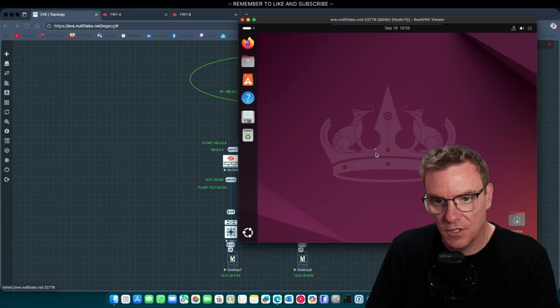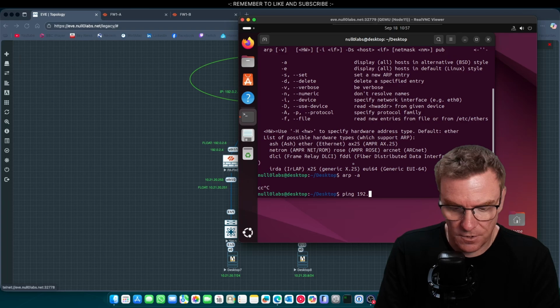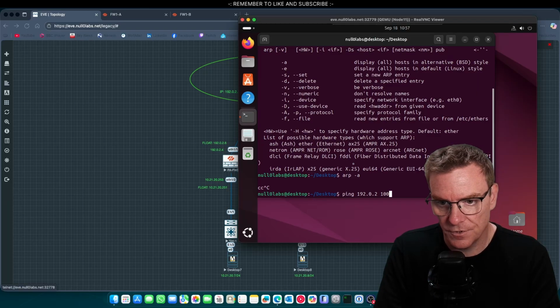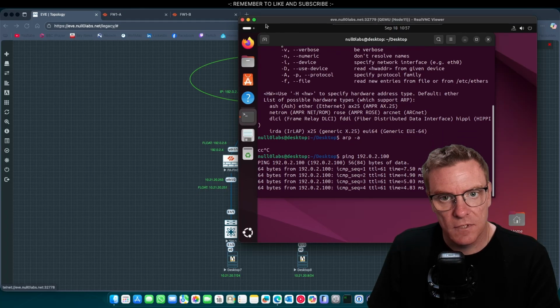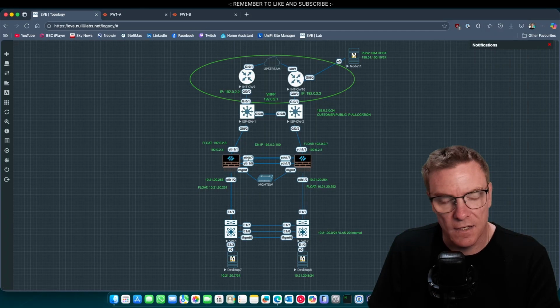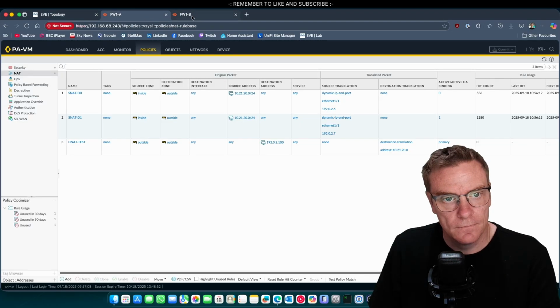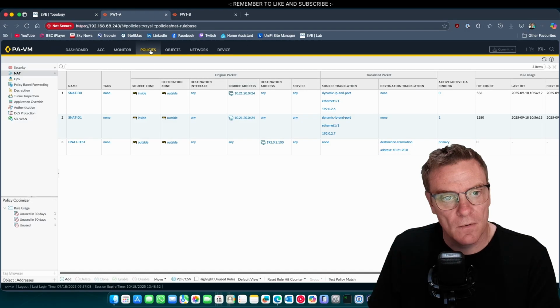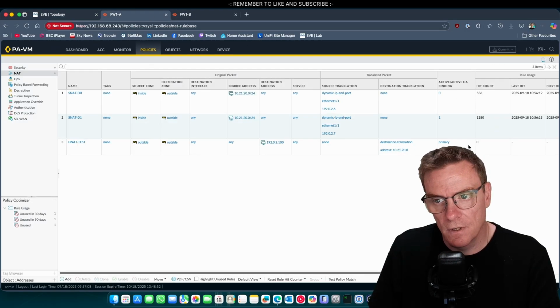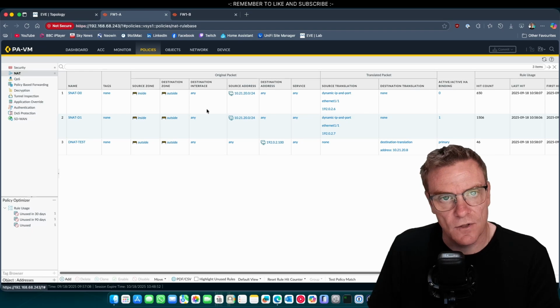So if we open the terminal and ping 192.0.2.100, there we go. So we can see we are now sending traffic from a device on the internet. It's reaching the firewall and it is being NATed to our device down here using our destination NAT and our policy. If we refresh, we can see that there are hits on that policy